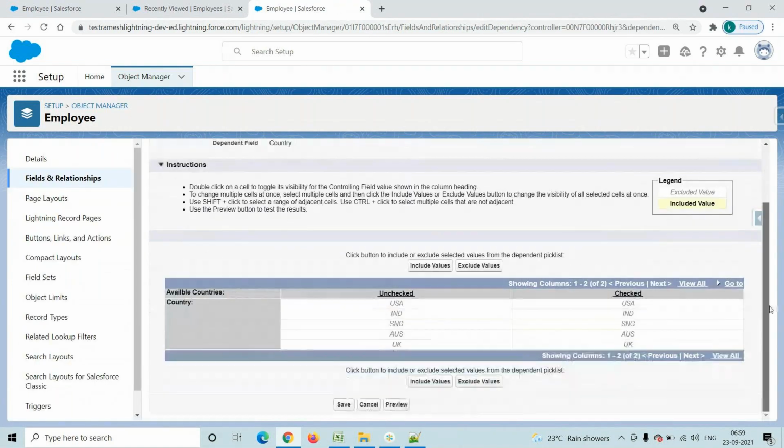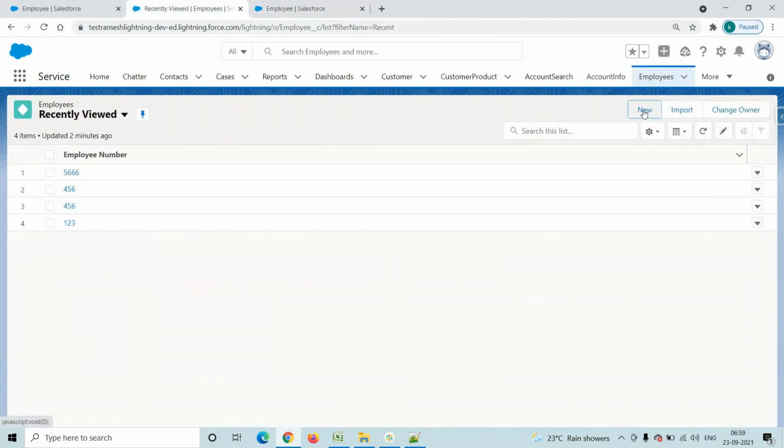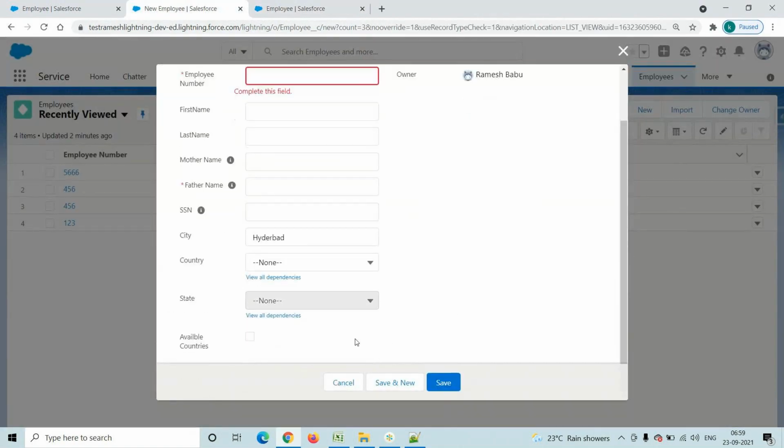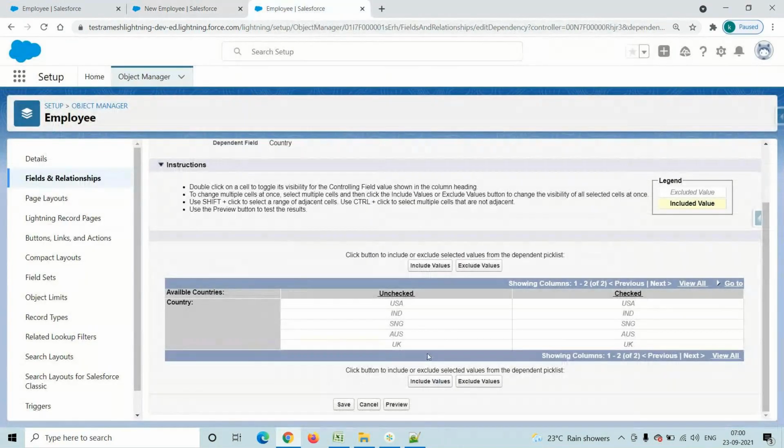See, unchecked means suppose we do not select anything. This is called unchecked. Selected is called checked. Only two options: checked, unchecked. Suppose you select unchecked, then which values do we want in the country? Australia, UK.